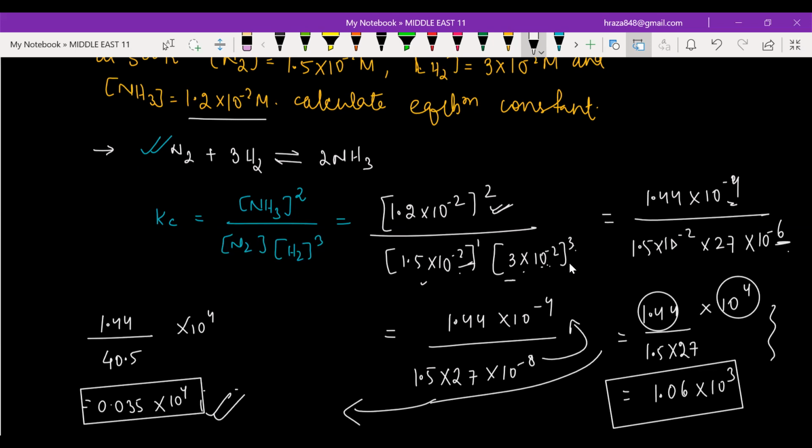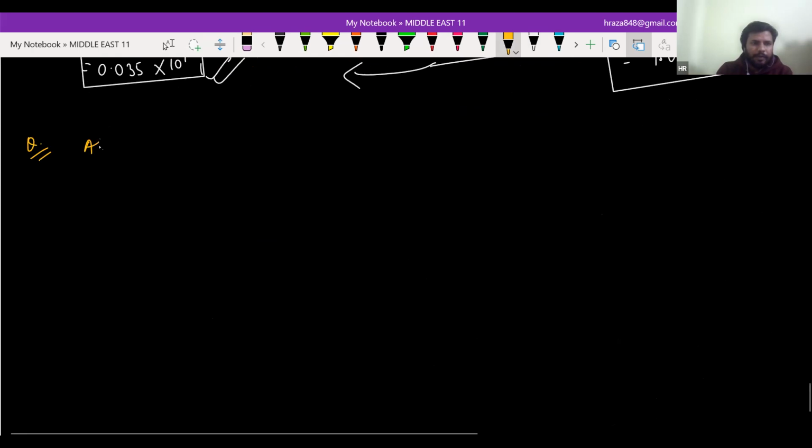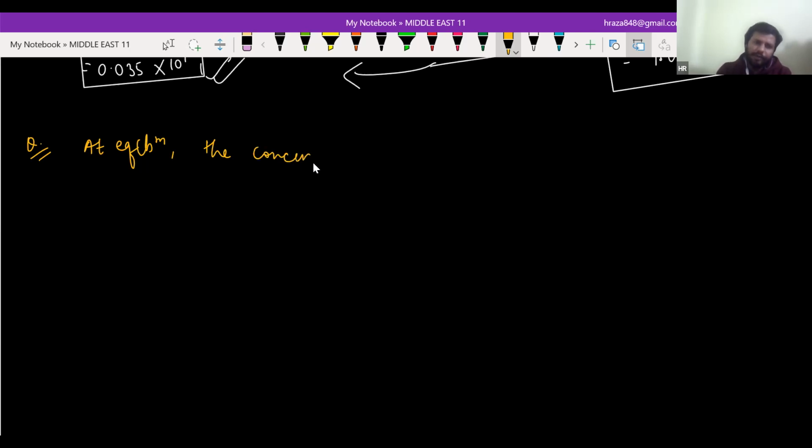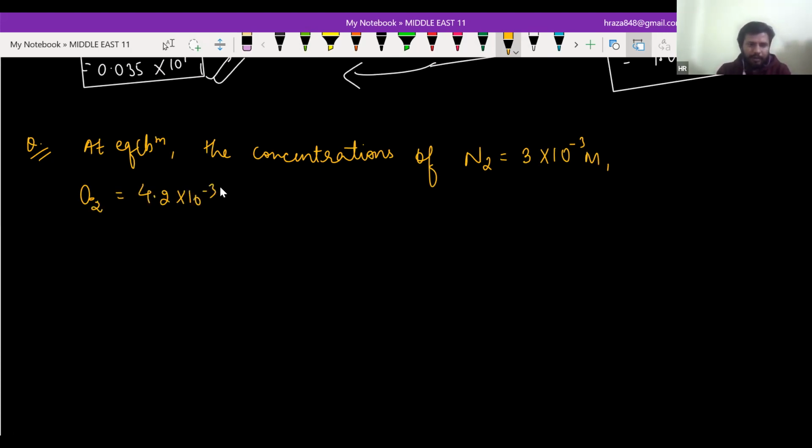Krishna, just check it out. Yes, sir. I'm going to give you another question, then I'll check it. Just write the question. At equilibrium, the concentrations of N2 equal 3 into 10 raised to the power minus 3 M, O2 equals 4.2 into 10 raised to the power minus 3 M, and NO equals 2.8 into 10 raised to the power minus 3 M